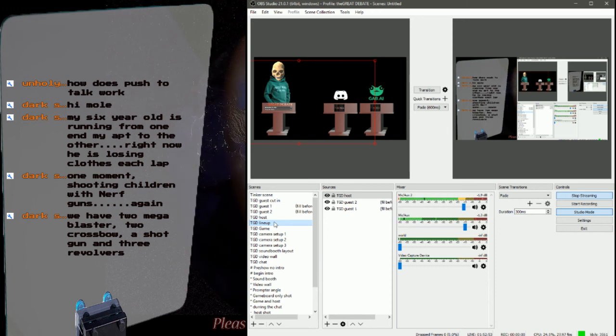So now, if I have a scene with my two avatars on, and I want to add another layer onto that scene, I would go to sources and leave it on that scene, right? I would just add another source to the scene. That's what I'm asking. I'm trying to find the best way to show you this and explain it. I'm hopping back and forth, so it's kind of confusing for me.